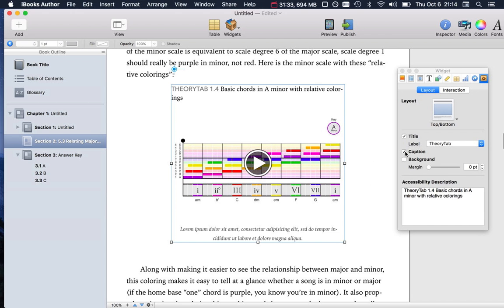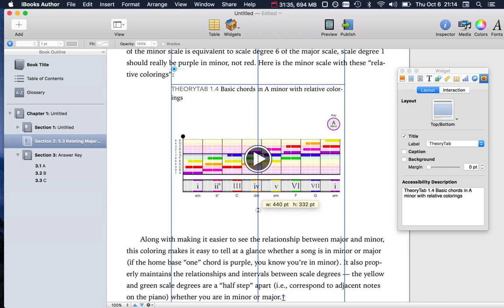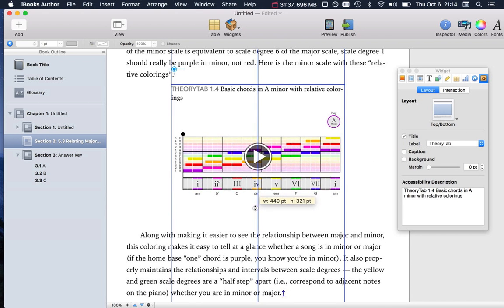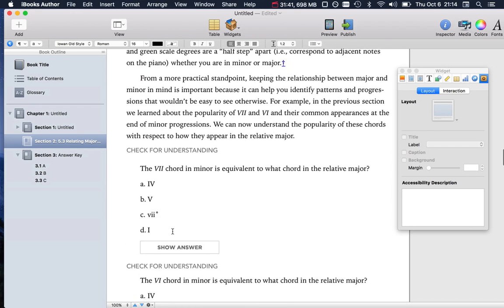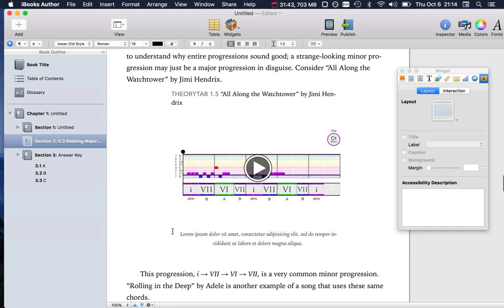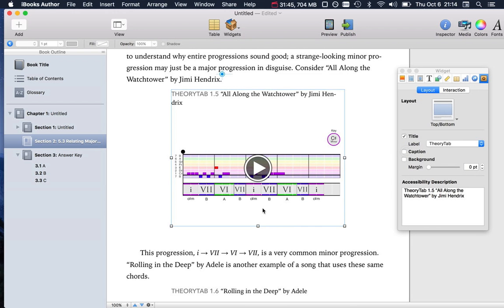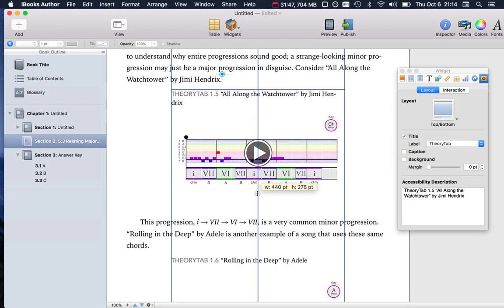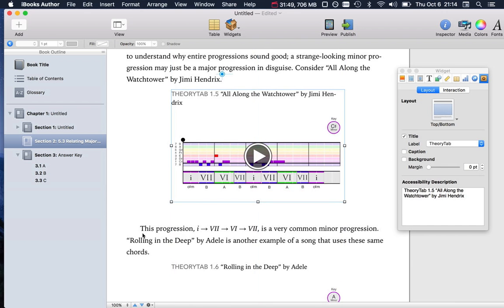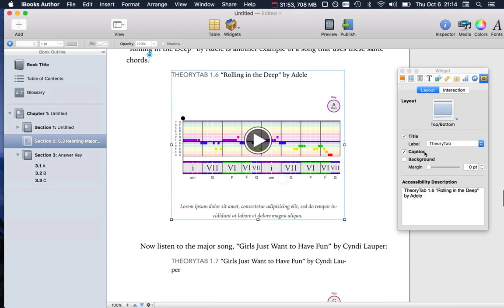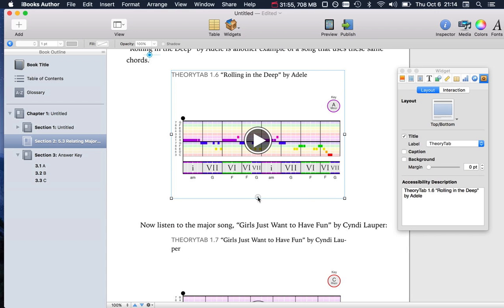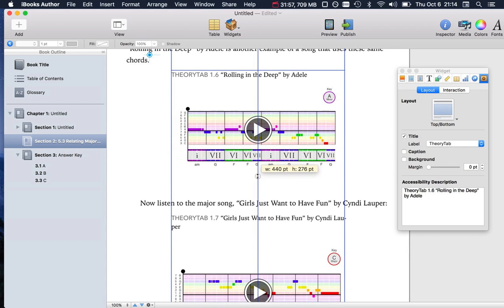So I'm just going to go through, get rid of the caption. Again, shrink it just until it doesn't go anymore. Okay, I'm going to get rid of my caption, shrink it just until that boundary. Delete that extra space. Again, get rid of the caption, shrink it,